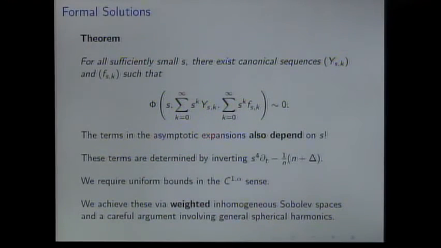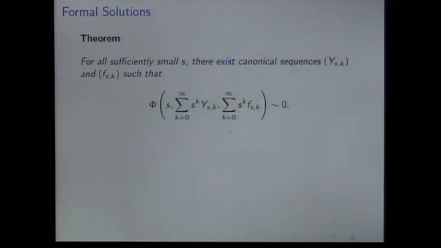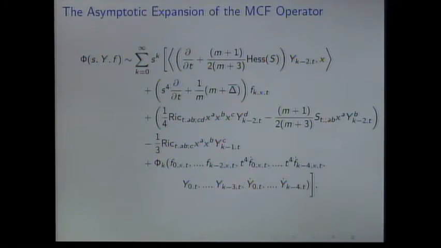We use these various weighted Sobolev spaces and a careful argument involving spherical harmonics. We also have to be a little bit careful with the remainders. This term here, phi_k, isn't actually the remainder term. This is another term which I just put together because I don't want to write out everything. You can show that this term phi_k is a finite order polynomial in the curvature function and the metric. In particular, this will always be a spherical harmonic of finite order. Well, it's actually a smooth family of spherical harmonics of uniformly bounded order.